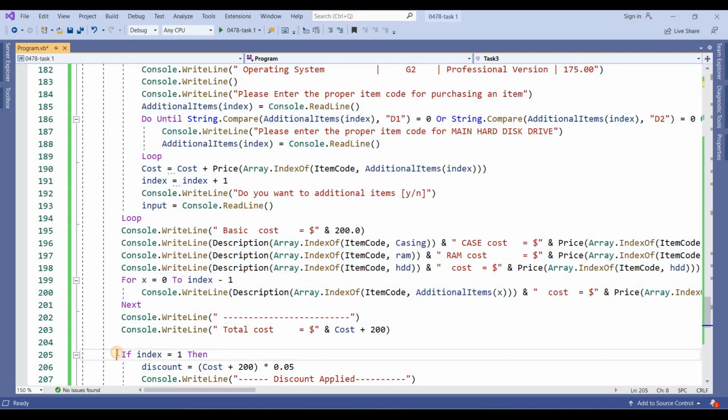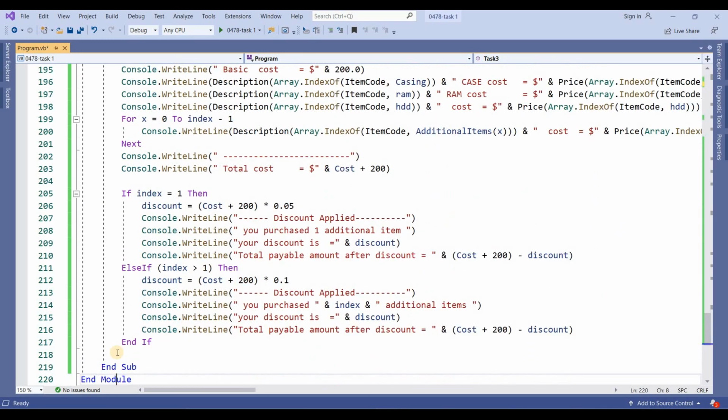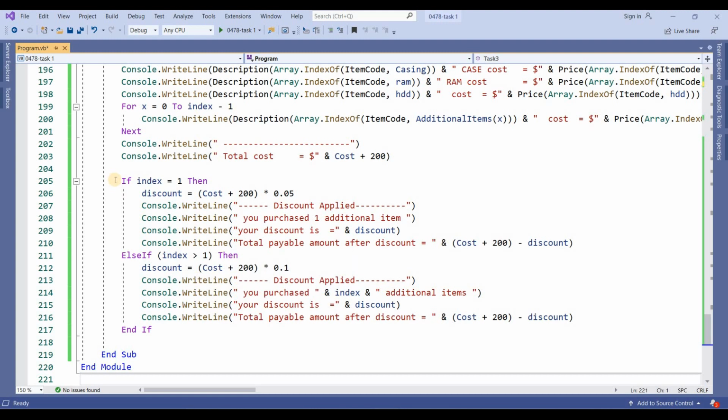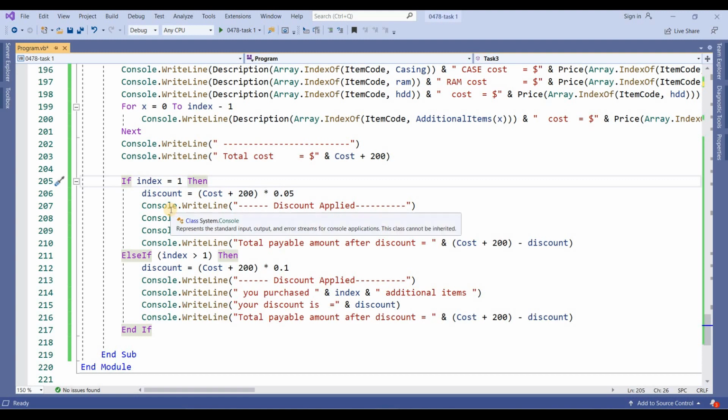And next I have extended this task by writing these lines. If index equals 1: by default I started from index 0, because index 0 is the first item, and if my index is 1, it means one item has been added.